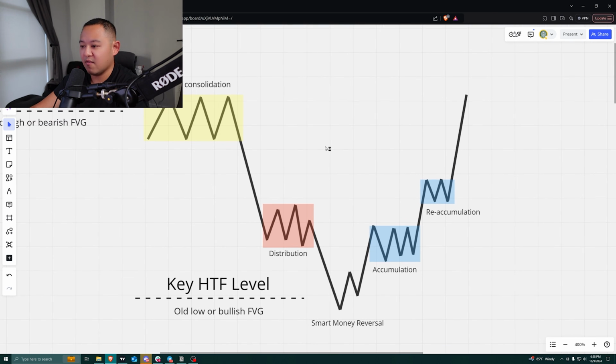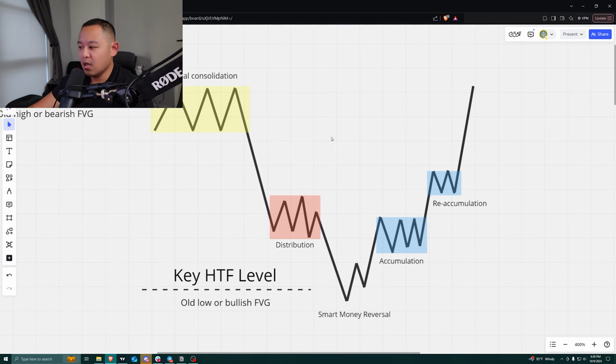All right, so inside of a higher time frame structure, we're going to have market maker models on the lower time frames. All right. And this is just a very crude depiction of what you might expect in the market. And the biggest realization that you have to have is that you have to kind of anticipate when we're going to possibly break out of these specific stages,